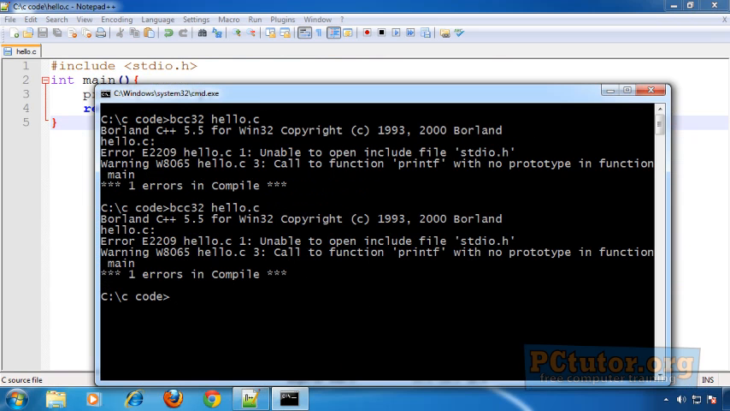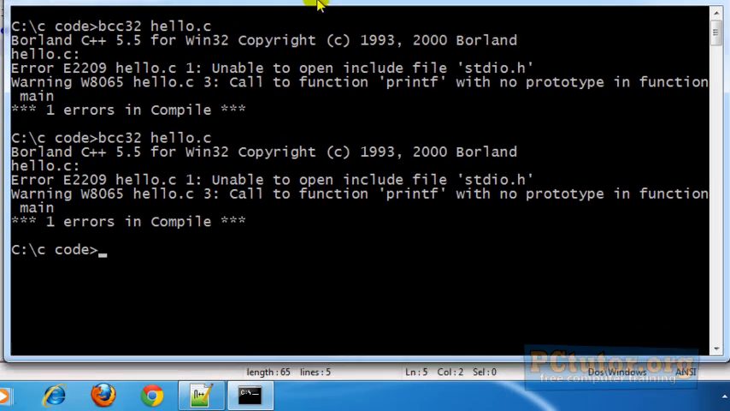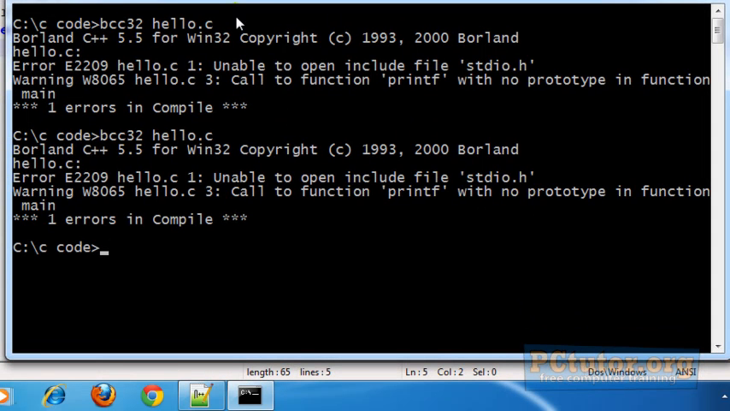Now let's take a look at this error. The error says it's unable to open include file, which is stdio.h. Because it is unable to open this, it cannot recognize what printf is. So obviously this warning comes because of this error. Now the possibility for this kind of error is that it can be